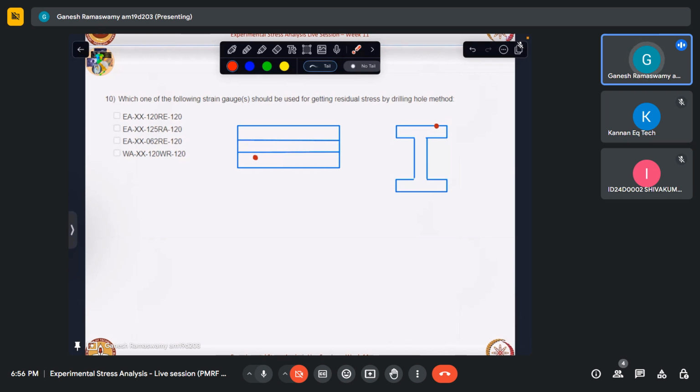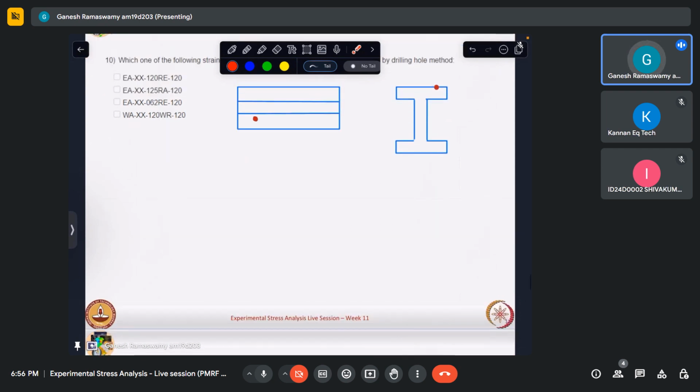So here, which one of the following strain gauges should be used for getting residual stress by drilling a hole? Yeah, so drilling hole method, what it does, this already is under some strain. Let us say that this is the state of strain at that point. It is having some generic state of strain brought about because of the manufacturing process or whatever. So what we do is generally we will drill a hole here. So once we drill a hole, whatever strain or stress that is locked in, that is the residual stress,